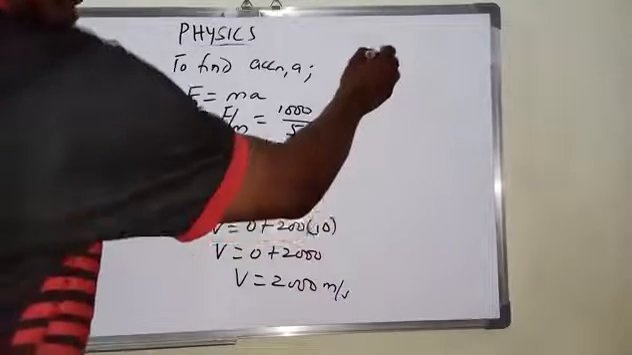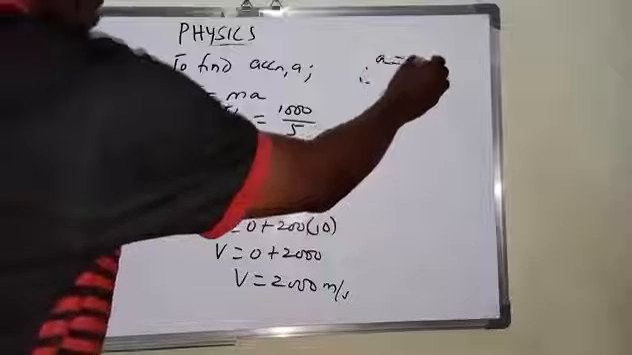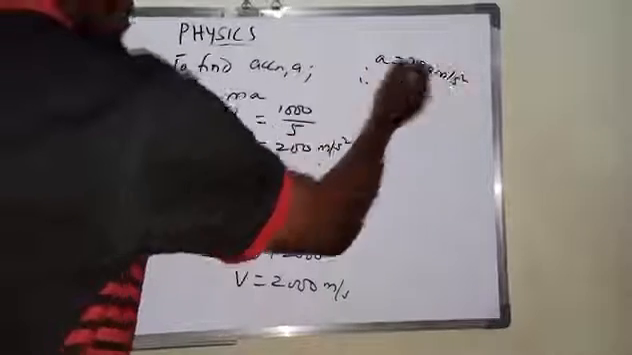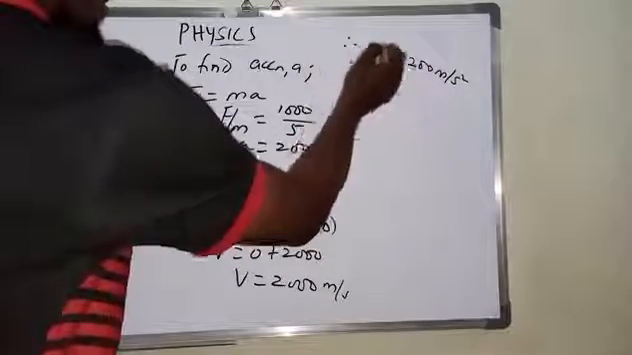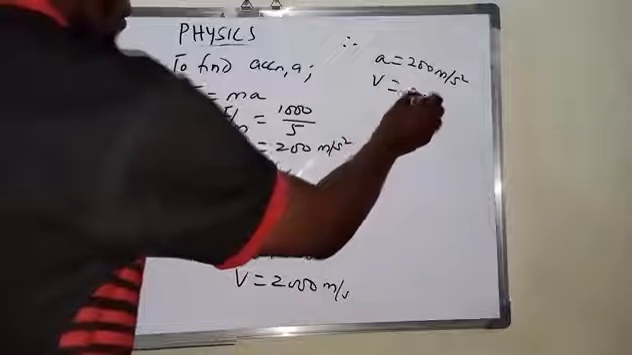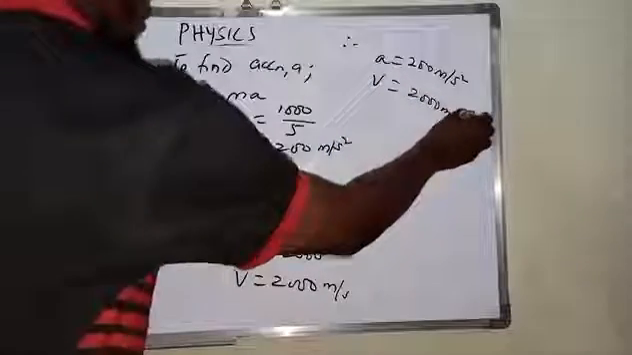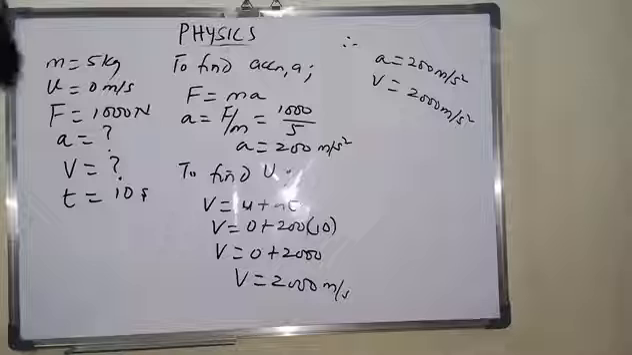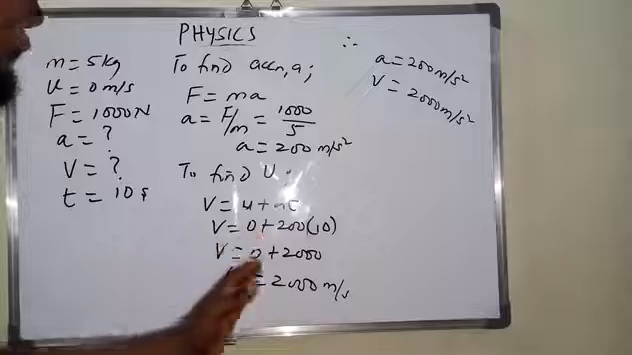So we can now say our a is 200 meter per second square, and our v is 2000 meter per second, as the answer. So that is understood. So the equations of motion is